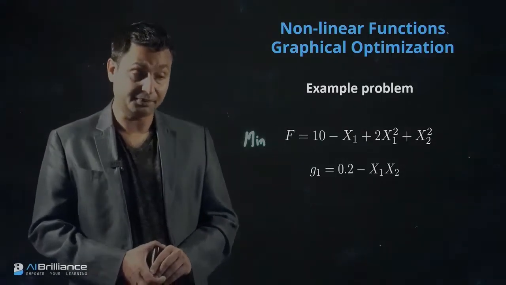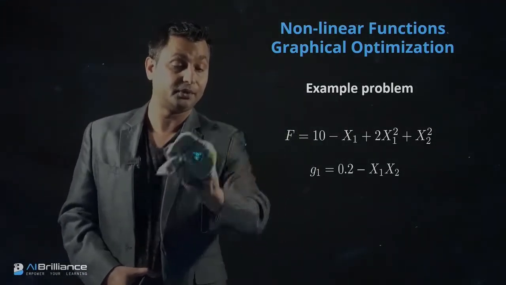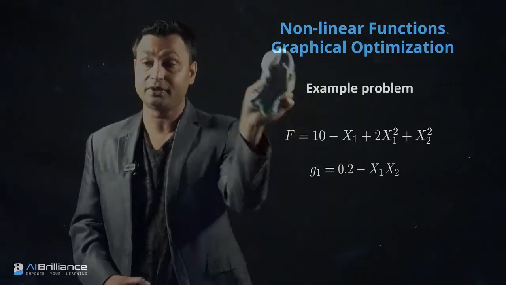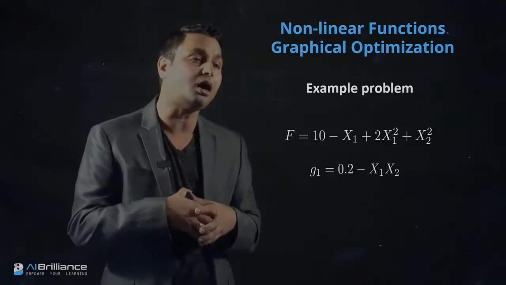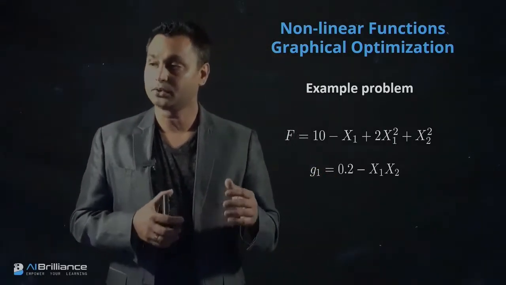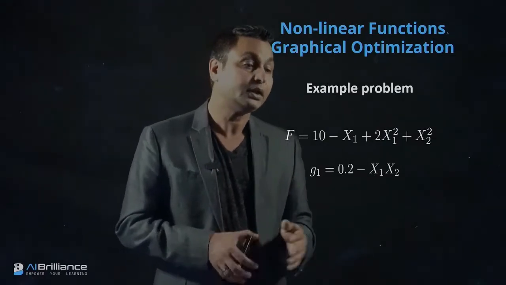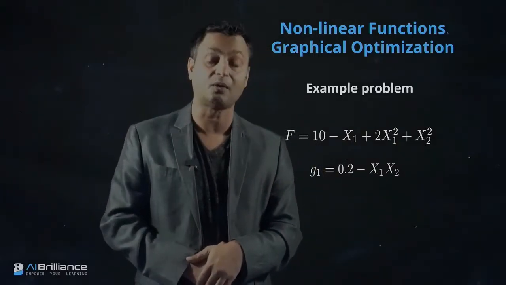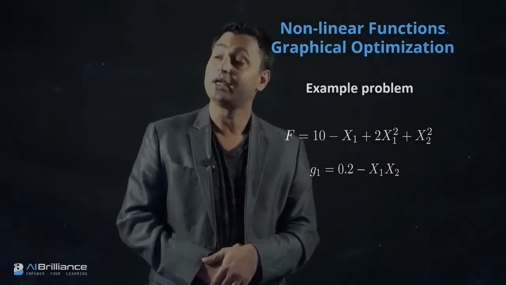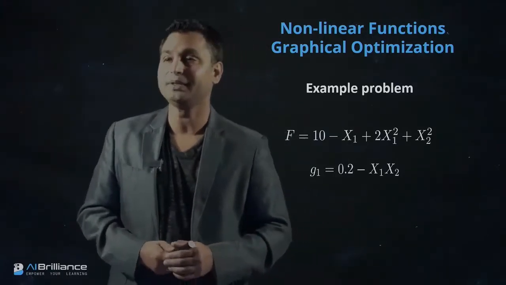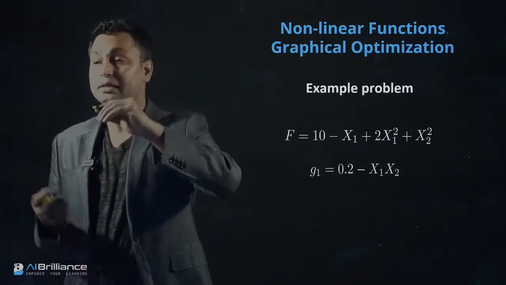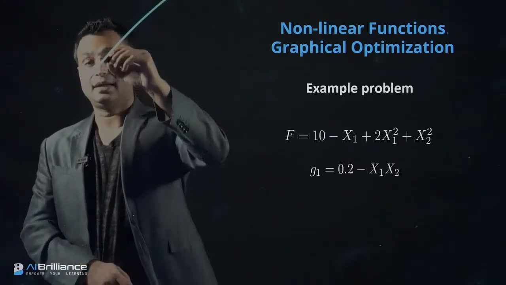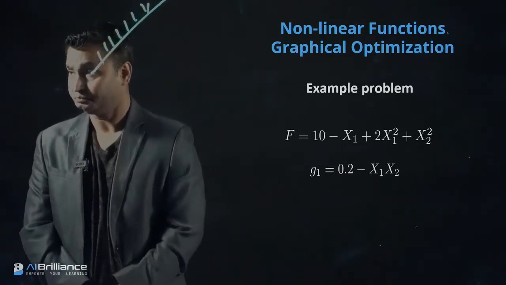The steps are very similar to what we have done in the previous case. The only thing that will change, qualitatively and also graphically, is the contours of the objective function and the look of the inequality constraint. Because the inequality constraint and the objective function are nonlinear, they will look nonlinear. Typically, if you have a linear constraint, the boundary will be a line, and one side will be feasible or infeasible.